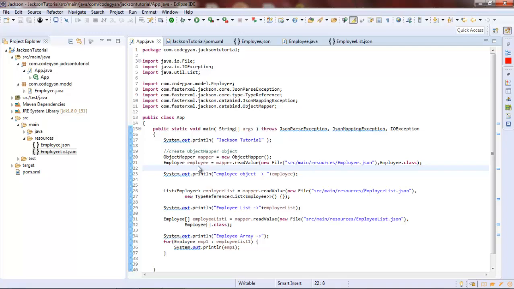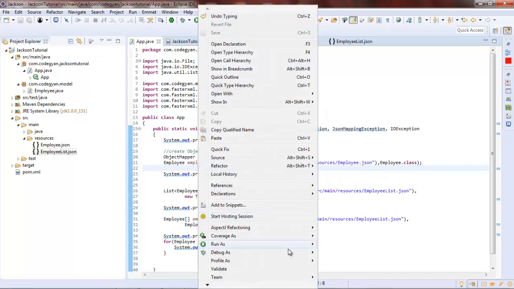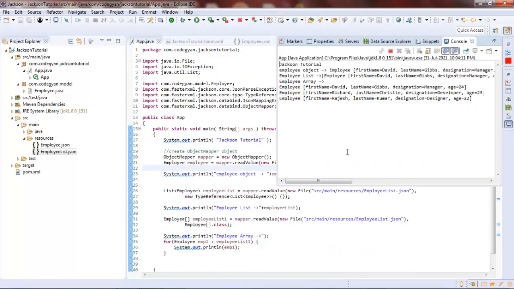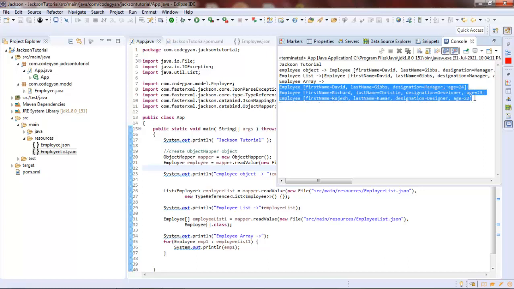Now let's run it and see. As you can see, our JSON has been converted into the employee array, and these are the three elements of that array.